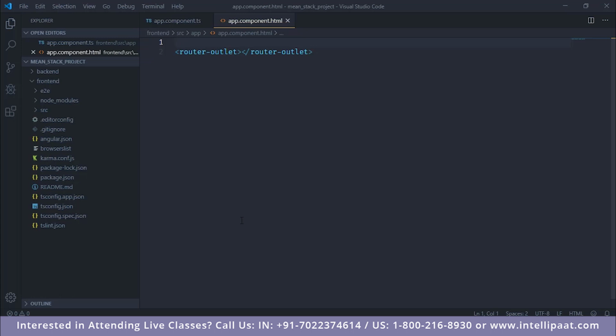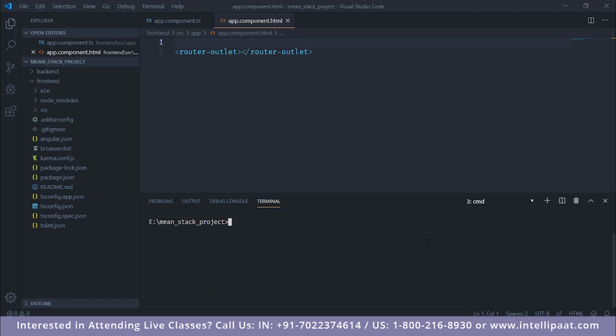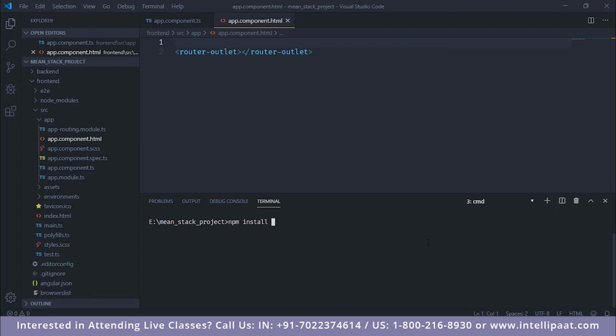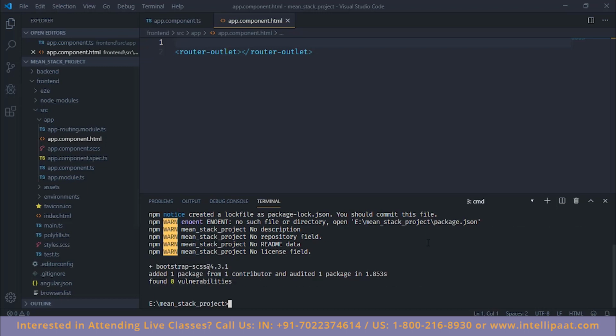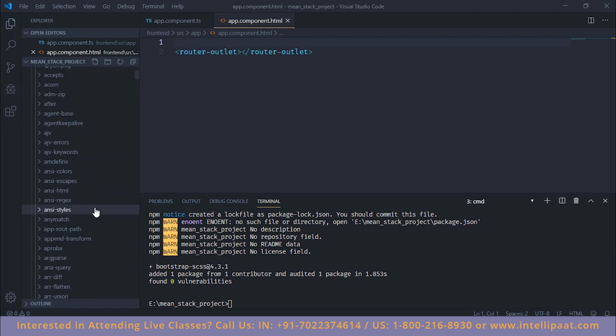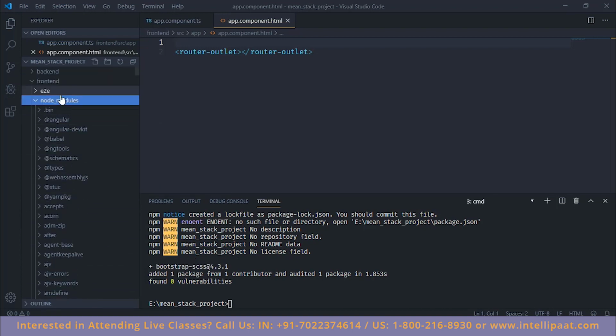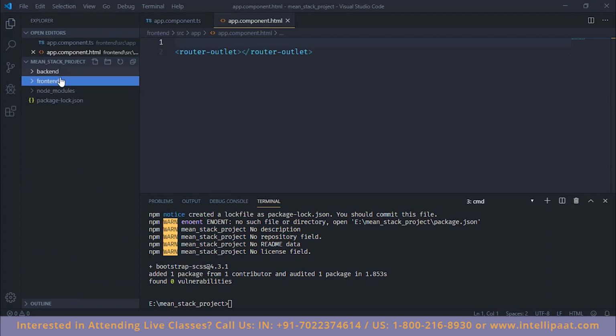To do that, firstly we'll need to open the terminal, create a new terminal, and then type in npm install bootstrap-scss. This will install the bootstrap-scss package into our node modules folder. We press enter and it starts and it's done. So the bootstrap folder is installed. I think it's here. You will see it in bootstrap. We'll look into that. So the first thing that we need to do is open our front end,